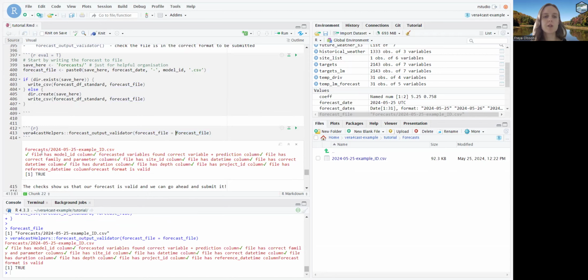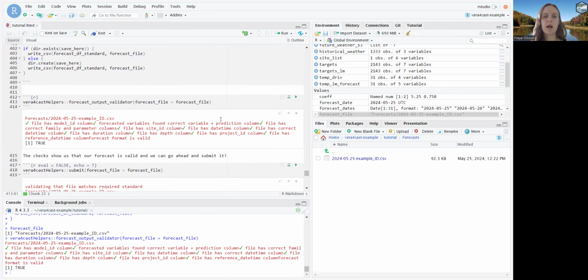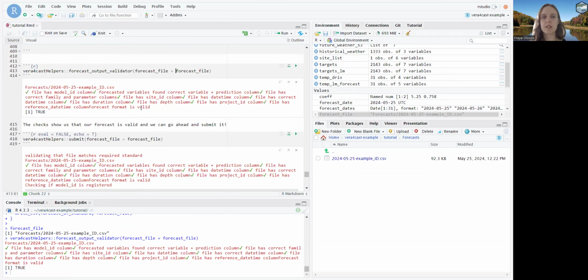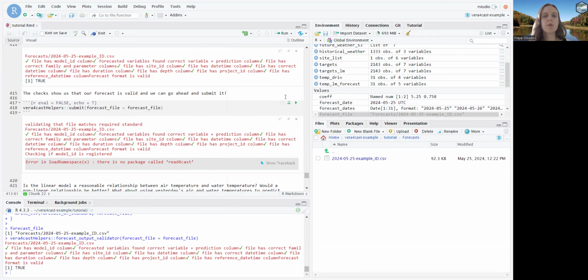And you can see here it's checked which columns you have, whether they're in the right format, and whether the variable that you said you're forecasting exists, so that it's going to score correctly. You can see that we have lots of green ticks and true for "is it valid". So we can go ahead and submit.